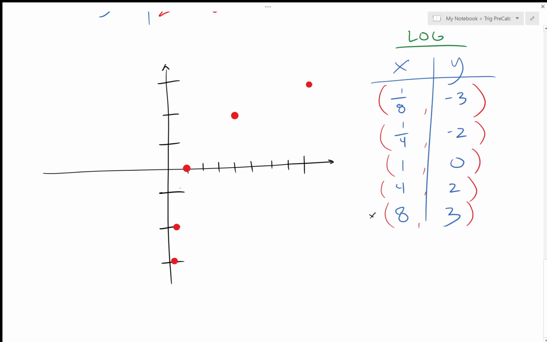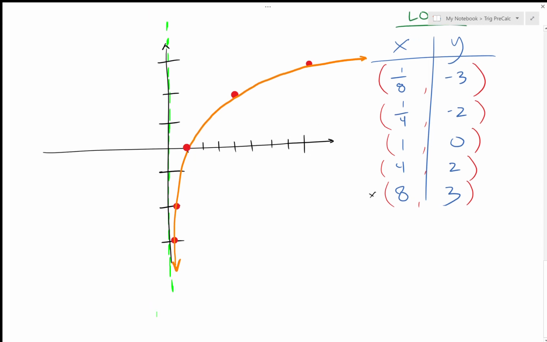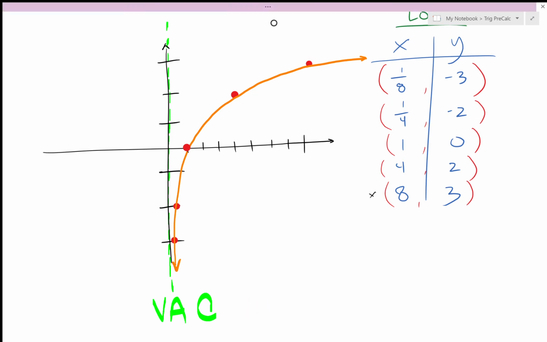So we've got this here, like this, and let's analyze that domain and range. Okay, so you'll notice as this graph gets closer and closer to the x-axis, it's not going to cross it, it's not going to touch it, so we've got ourselves an asymptote there. That number is getting smaller and smaller, getting closer there. So this is a vertical asymptote at x equals 0. And I can write that better. We have a vertical asymptote at